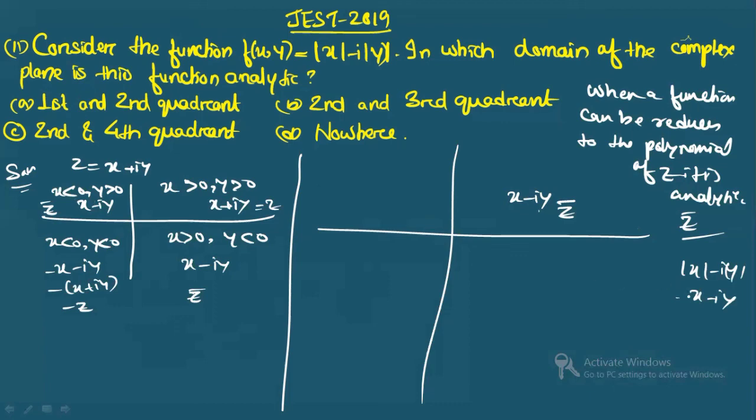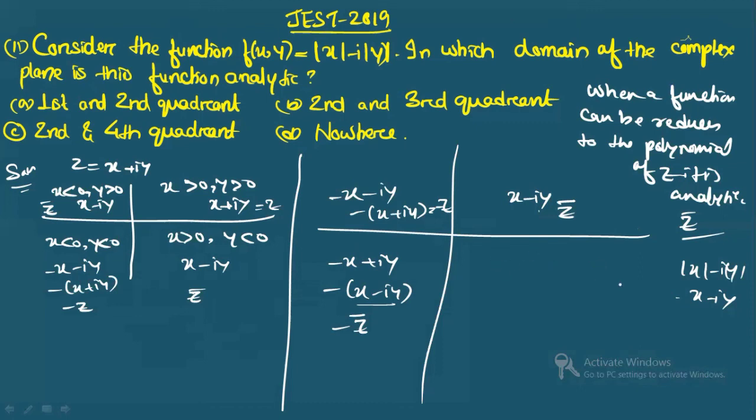Second, in the second quadrant, x is less than 0, so you multiply by minus, which gives minus x. Y is greater than 0, so this is minus iy when you multiply by plus. Finally, this is minus of x plus iy, taking minus common. So this is minus z. In the third quadrant, both are less than 0, so multiplying minus with both of them, this is minus x minus iy. Compared with the general complex number x plus iy, this is minus z bar, right?